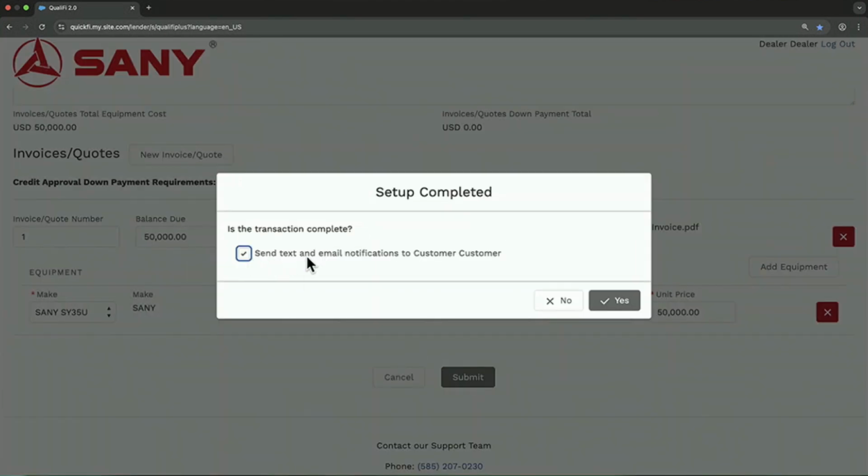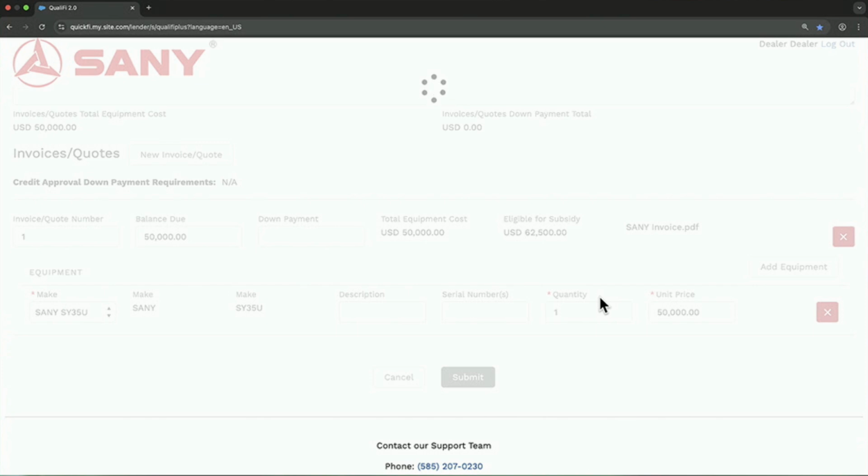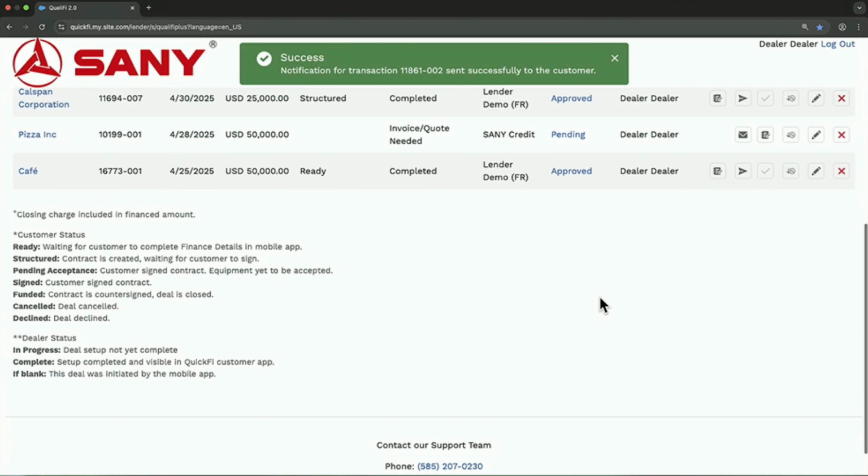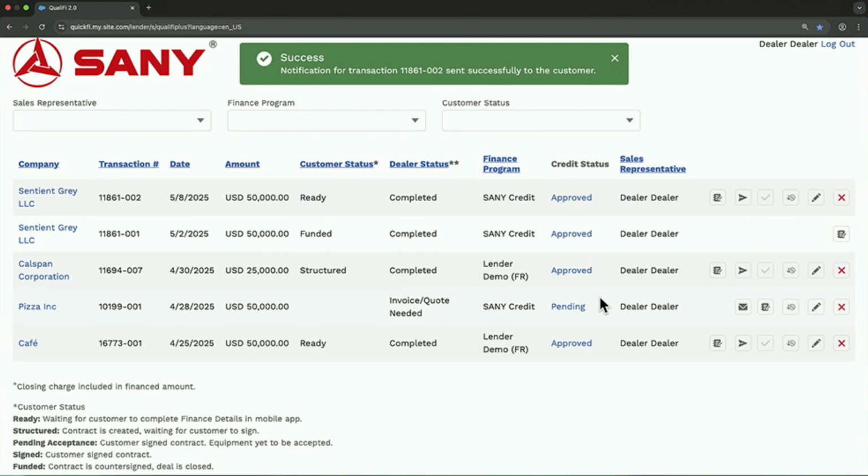Once the invoice is uploaded, Jill notifies the customer that the transaction is ready to be completed in the QuickFi mobile app. If you're familiar with commercial lending, you're aware of all the credit, compliance, and risk procedures that were previously done manually, taking hours or days to complete. With QuickFi, processing times are reduced from days to minutes. Costs are reduced by more than 2/3. And lenders partnered with QuickFi can re-enter previously abandoned small business markets with a cost-effective model that enables a massive competitive advantage over traditional lenders.